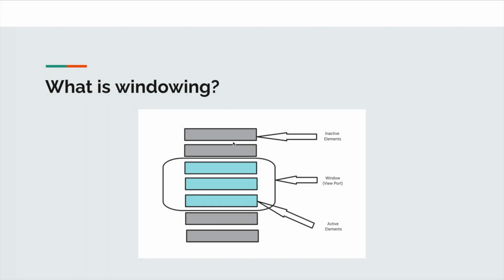If we talk about a large list of elements, then window is the subset of that large list that are active at a particular point of time. If we relate the concept of windowing with React window, then our window is the viewport and the active elements are the elements that are part of the viewport and the rest of the elements are inactive. So we should process only those elements that are part of the window and should ignore all the elements that are not part of the window. Now, all the theory might be overwhelming for you right now. Let's jump to the example. I'll first take you through the initial code setup.